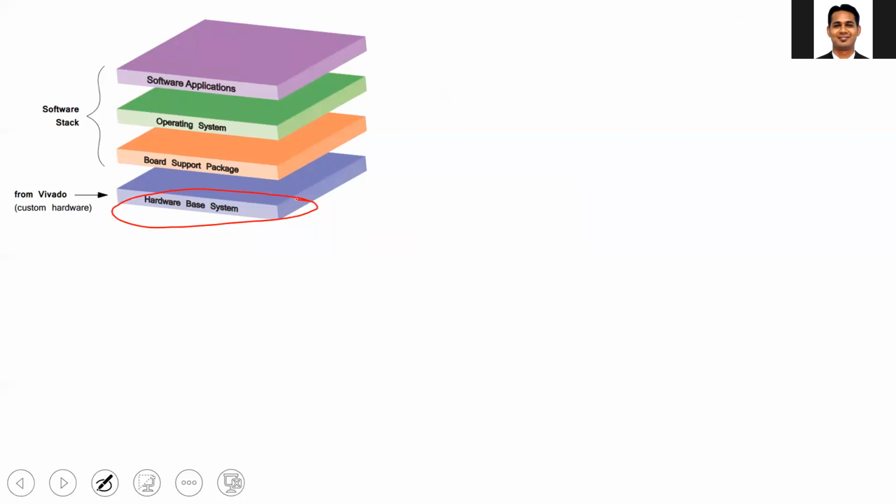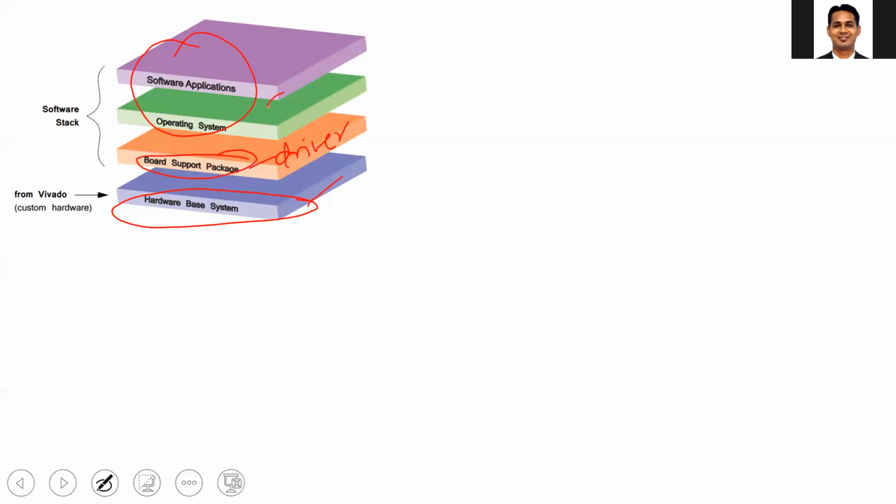So you decide. Then the part which is to be implemented on the FPGA, you convert into a bit stream and generate the bit stream. For the peripherals you have enabled, like Ethernet, SD card, UART, whichever you want to use, you generate a board support package, which has all the drivers. If you are using an operating system and writing a software application on top of it, you need to follow this approach.